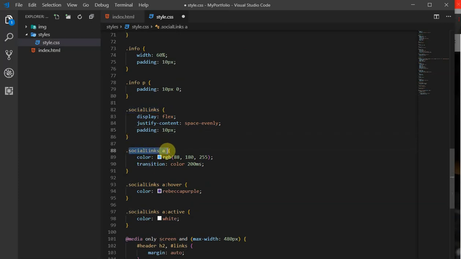Now our social links, we're accessing the A tags in there now, and I'm changing the color because by default they make them like a standard blue color, or if you visited them then they're like a purple color. So what I did is I just changed it. I'm changing the color to this light blue color. Again, I'm doing a transition. This time I'm transitioning the color for 200 milliseconds. And what that does is when you hover over it, and that's what this :hover does,